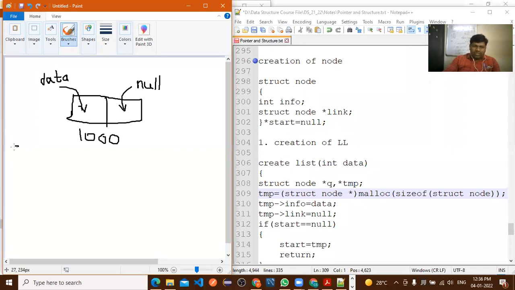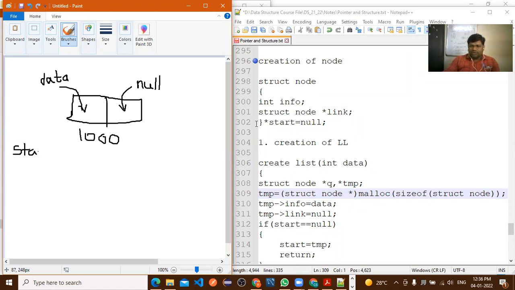So initially start pointer is equal to null. Initially the value of the start pointer is also null.